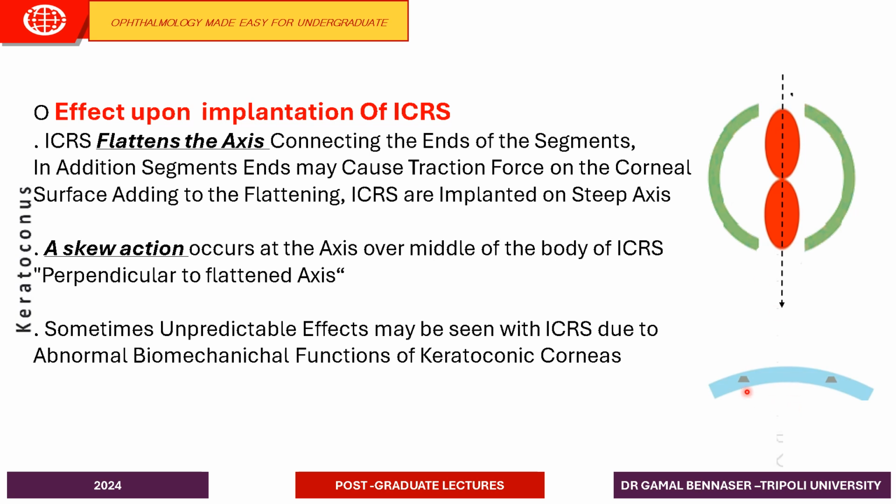You can see here, this is the lateral view of the segment. Now there will be more steepening of the cornea due to the skew movement that happens in the middle of the body here. So this combined effect leads to the desired refractive result. However, this is sometimes not predictable, especially since we are dealing with an abnormal cornea, we don't know the exact biomechanics of what happened, but this is generally the mechanism by which the intracorneal rings will flatten the central part of